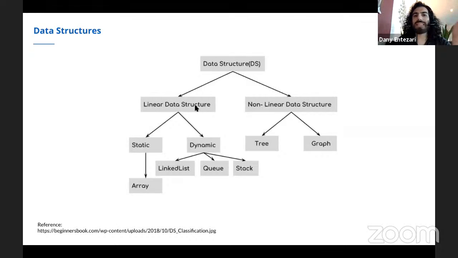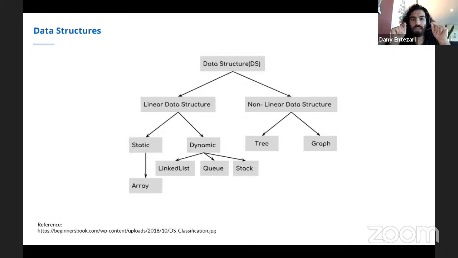There is one which is linear, where order is an important thing, and there's one which is not linear, where the order is not the most important thing. Rather, it's how the data are mapped to each other. Irrespective of which data structure you choose, and I'll tell you how and why you should choose, but irrespective of which of these types you use,